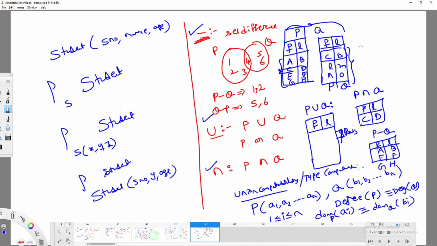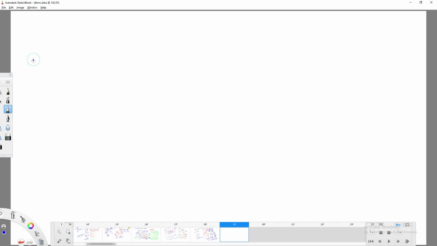So as I have asked earlier, if I am going to perform union operation, intersection operation or set difference, what is the minimum number of tuples you are going to get? And the maximum number of tuples, how many will you get? Can you guess? If I have two relations P and Q, P having n tuples and Q having m tuples, and assume that both are union compatible, on union, what is the minimum number of rows you are going to get? How many?